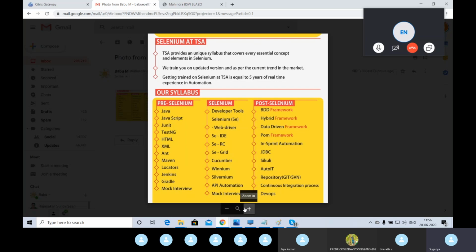Okay, then API automation. API means application programming interface, we can say. Nowadays most of the front end interaction is being reduced. For example, in earlier days, if you wanted to do any registration in the application, you could see hundreds of fields available. You needed to enter everything in the front end, then submit. Nowadays, instead of having that front end application, they are making it as a service.